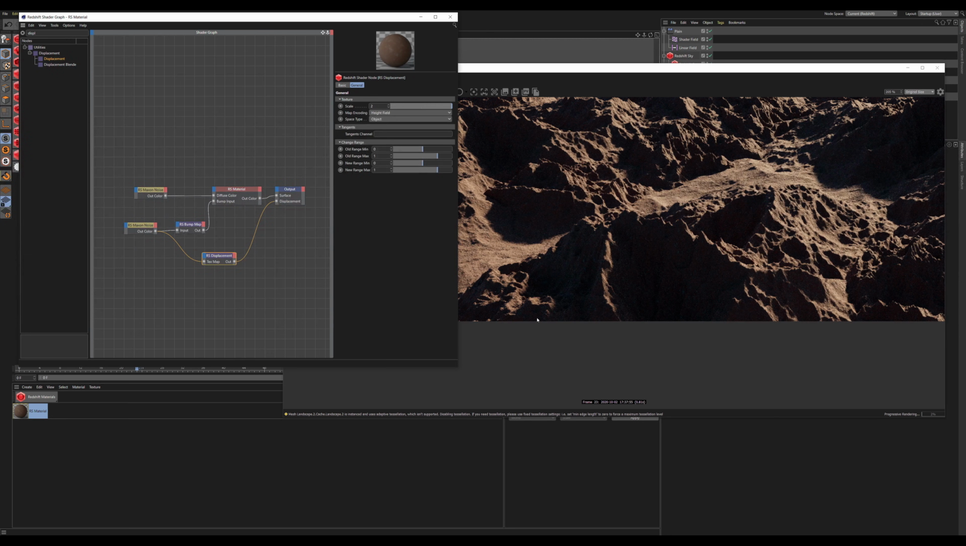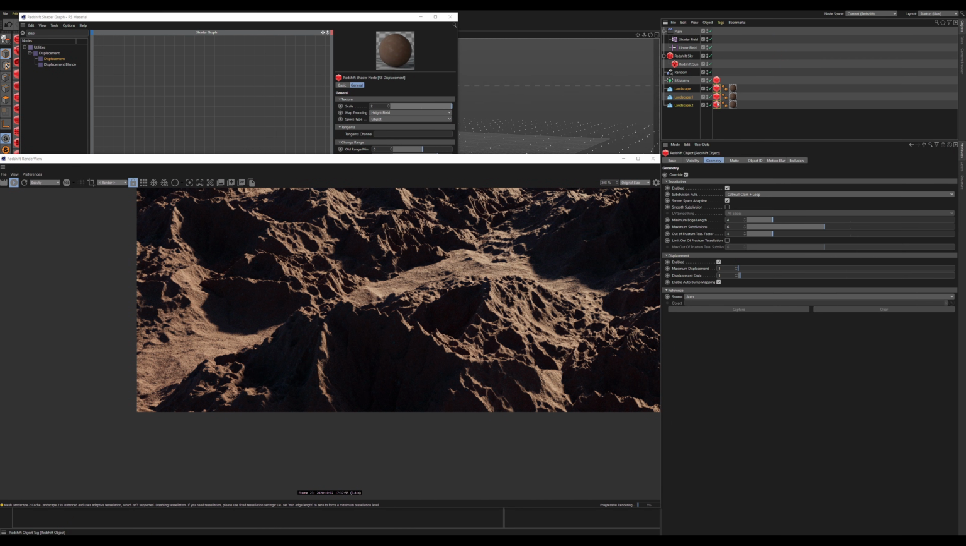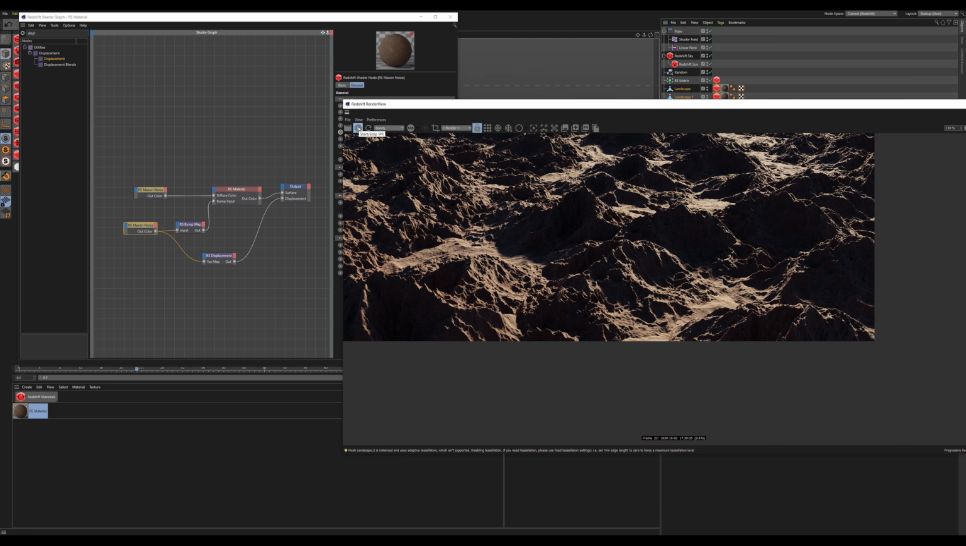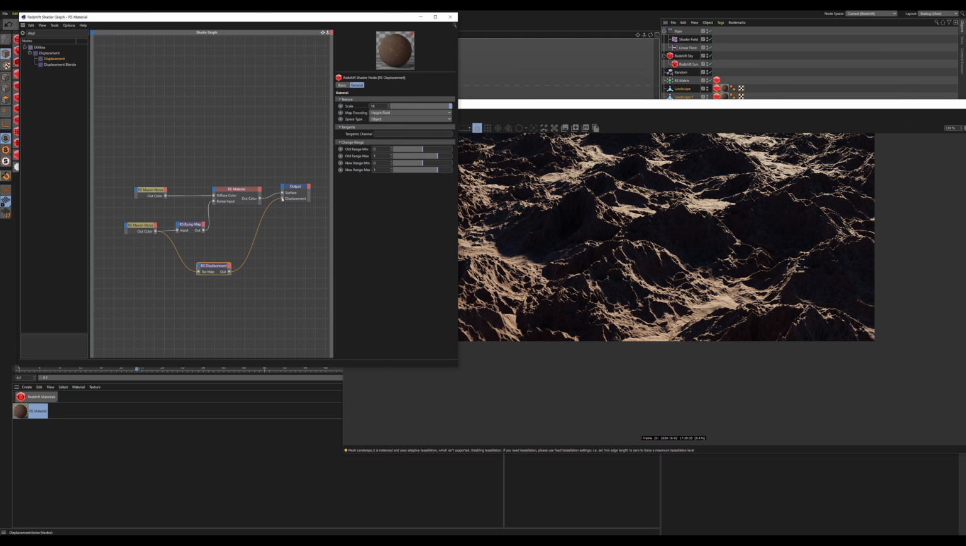And then what you're going to have to do is add a Redshift object tag onto our landscape. So I've gone ahead and done that. And if you select them and turn on the displacement in the geometry tab, then you can play with the displacement, maximum displacement and the displacement scale. If for some reason you're not seeing anything happen with your displacement, a really good way to check your texture